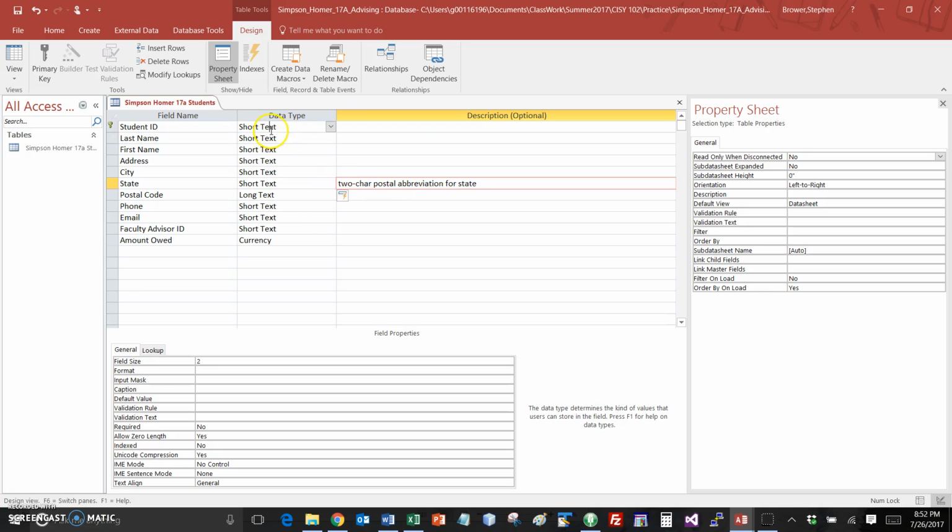I believe for the student ID, we're making that 7. For the faculty advisor ID, we're making this 8. And there's a couple other descriptions that are going to go in these other fields, and I just didn't put those in. Now, the changes that I just made, removing the middle name, renaming the student ID as student ID,